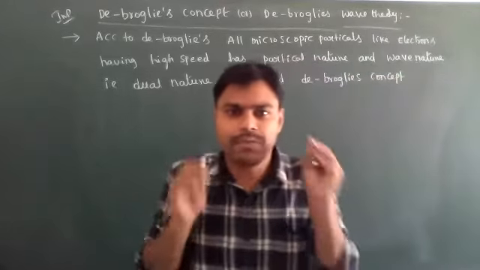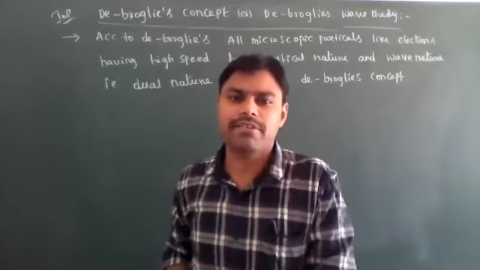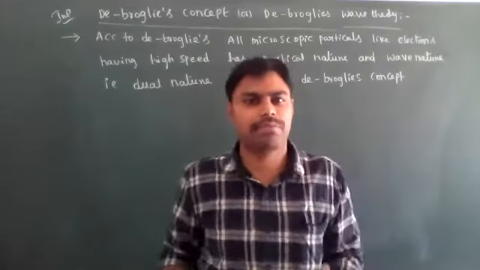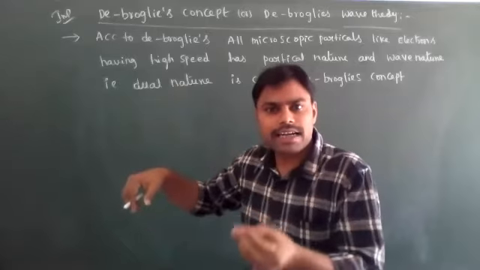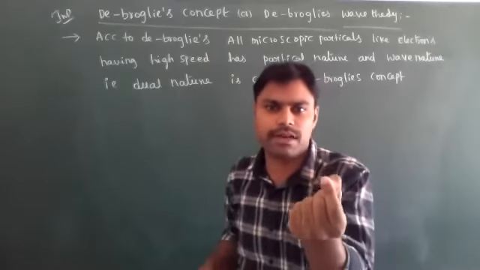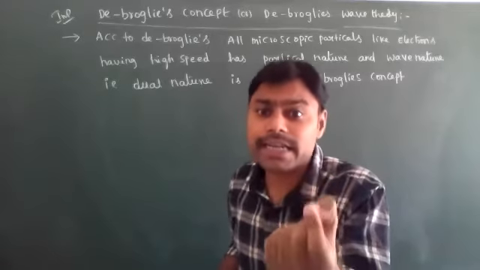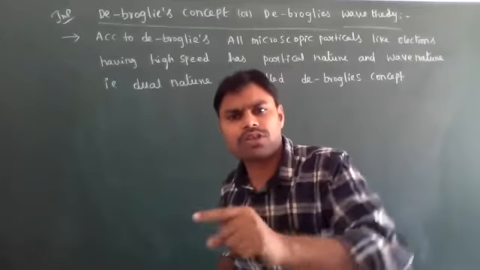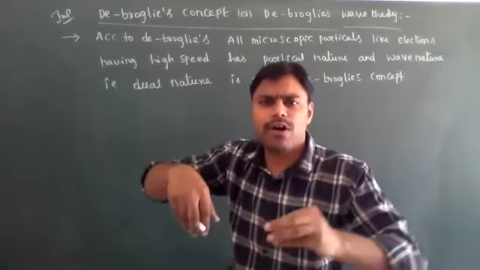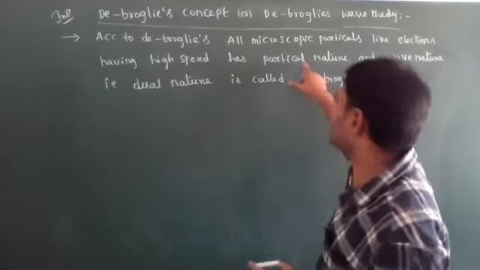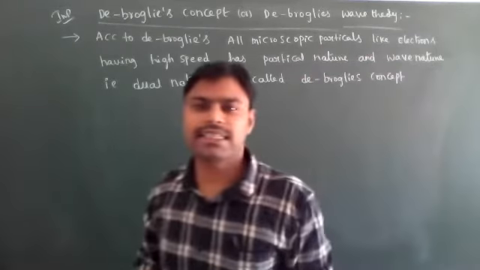Now a very, very important point: dual nature, dual behavior. What is the meaning of dual nature? Like for atoms and electrons. The atoms have electrons, and the electrons are microscopic particles. What is the meaning of microscopic particles? Invisible particles like electrons, protons and neutrons. In that, electrons revolve around the nucleus with high speed. Such particles have dual behavior. Dual behavior means they have particle nature as well as wave nature.